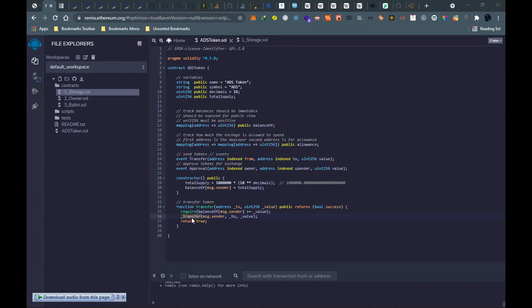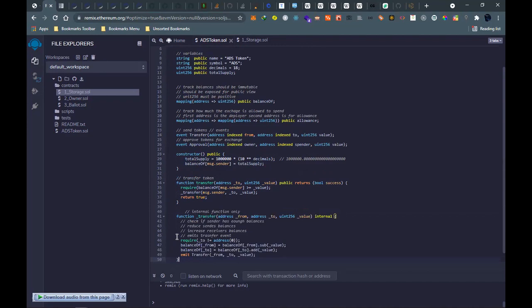So you can use a function internally in a smart contract. This function is an internal function and can only be used internally. This other one can be used publicly because it has the public keyword.